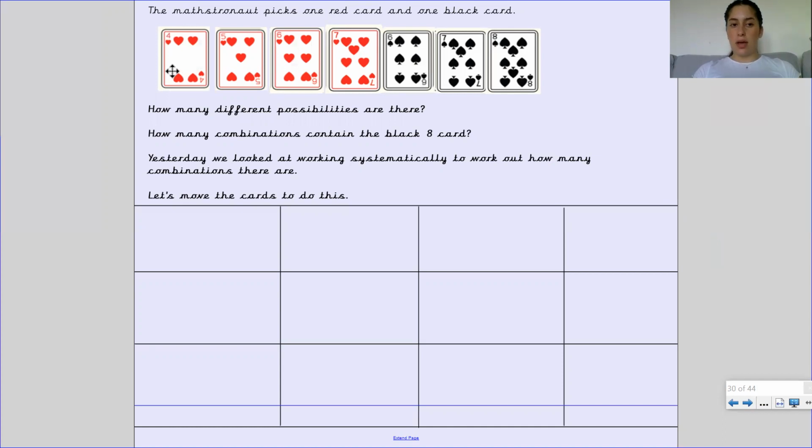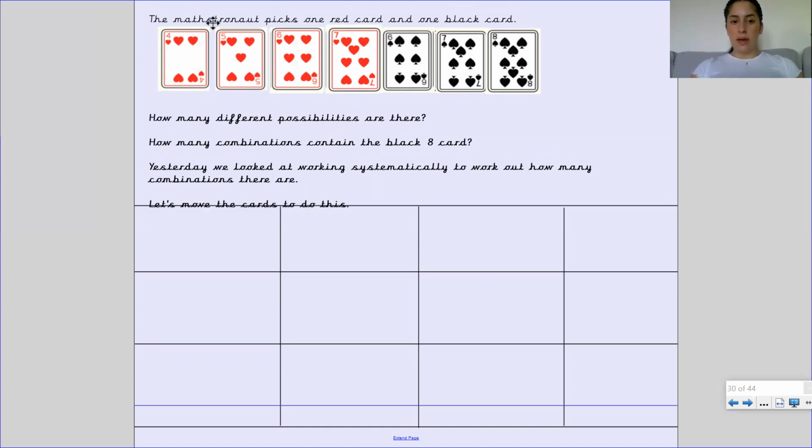You don't need to draw the shapes. You can see that the red cards have got different numbers, and the black cards also have different numbers. So all you really need is 2 different colored pens or pencils. Okay, so how could we do this? Well, we want to list all the possibilities, and we know that the astronaut picks 1 red card and 1